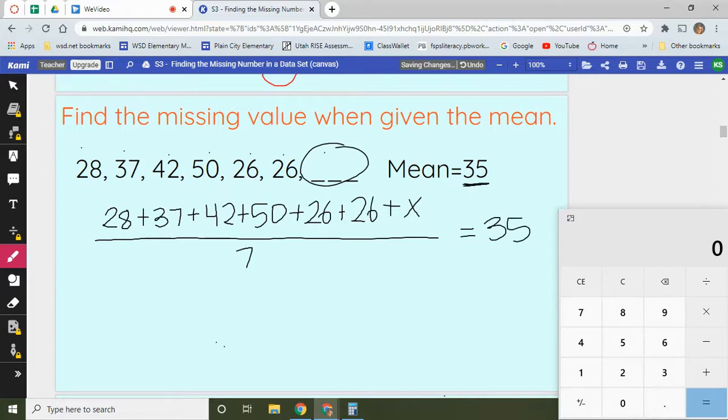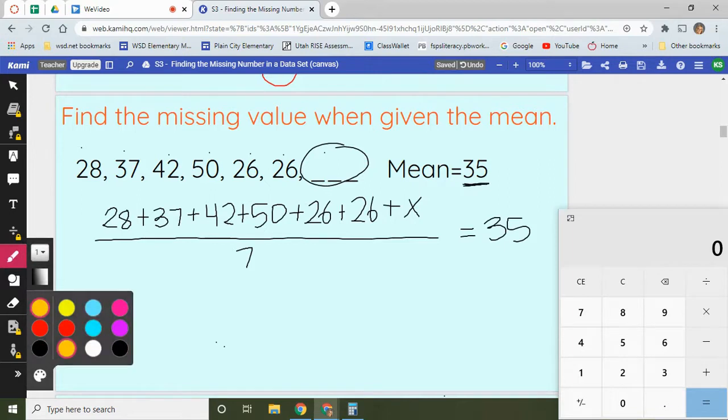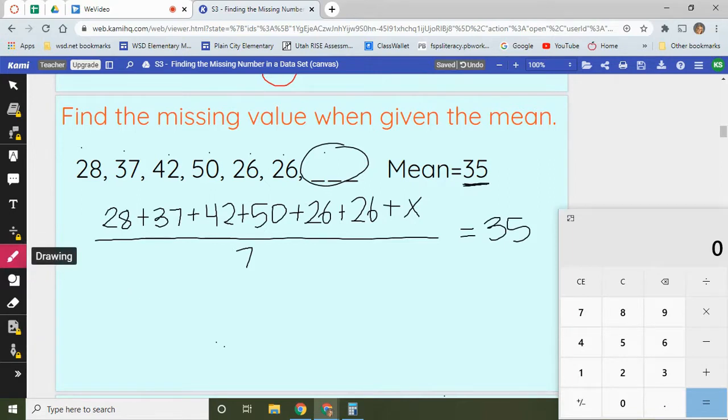Okay, we have our equation set up. Now we start solving it. How do we get rid of a divide by 7? We multiply by 7. So we do that to both sides, right? Whatever we do to one side of an equation, we do to the other side. So 35 times 7 is